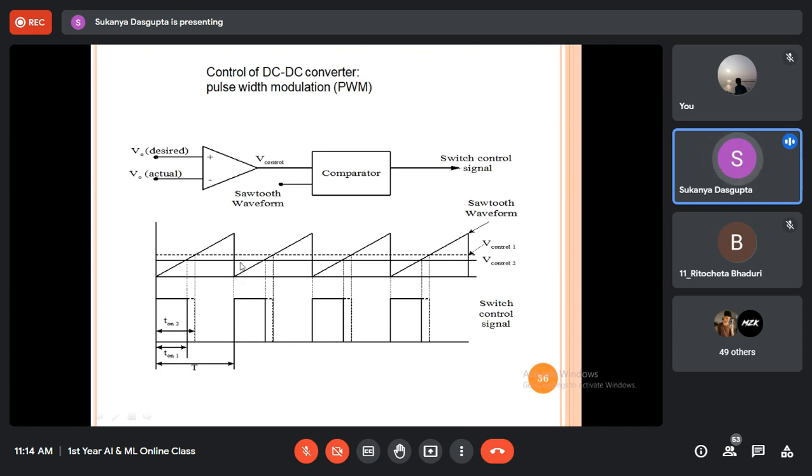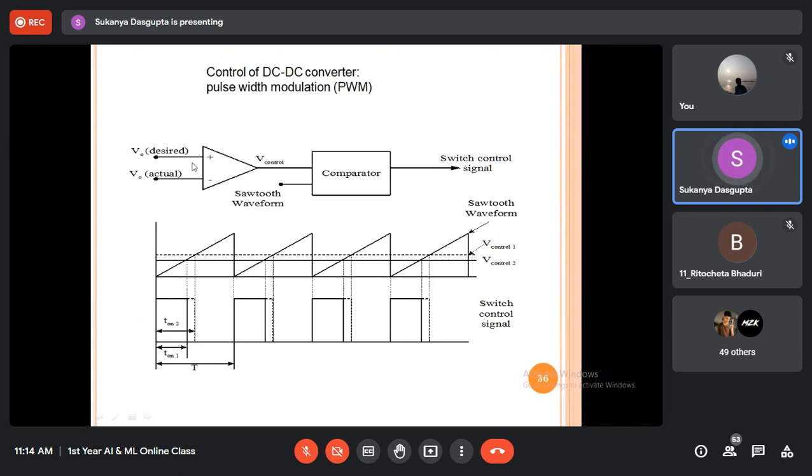Next, we'll set a logic that whenever V control is higher than the sawtooth, a pulse will be created. If you consider this V control 2, you will get this width. If you consider V control 1, you will get this. So you can see that by changing the V control magnitude,